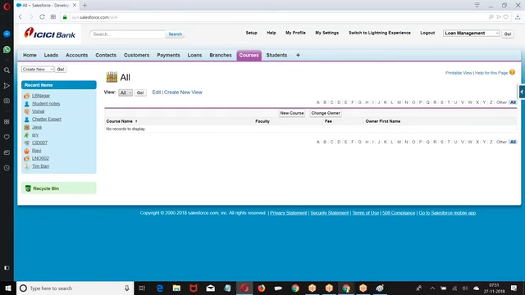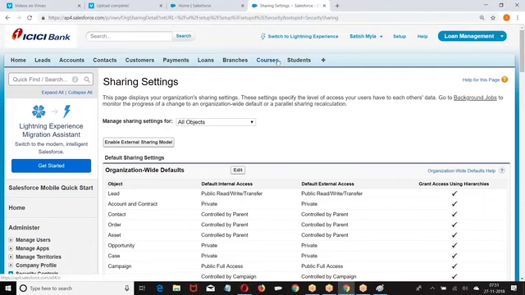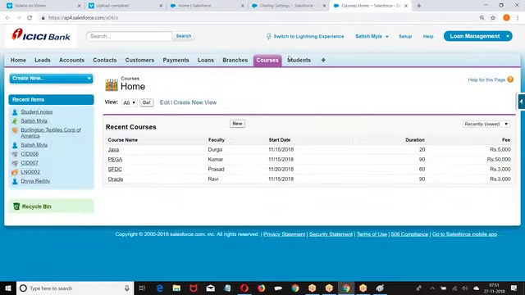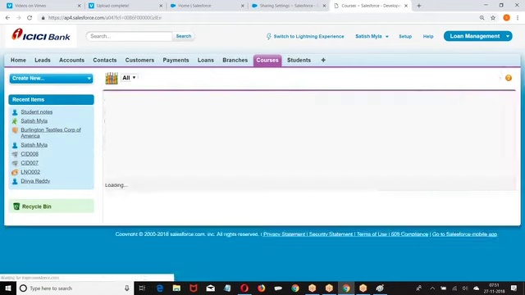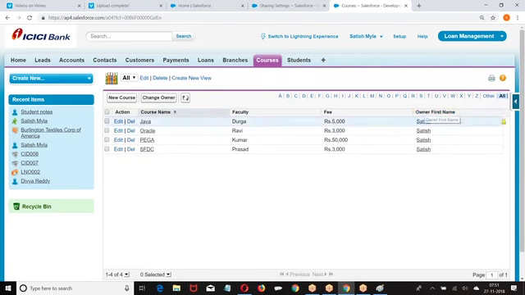If I go to course, all four course records are owned by Satish. That is the reason the student was not able to see the records.